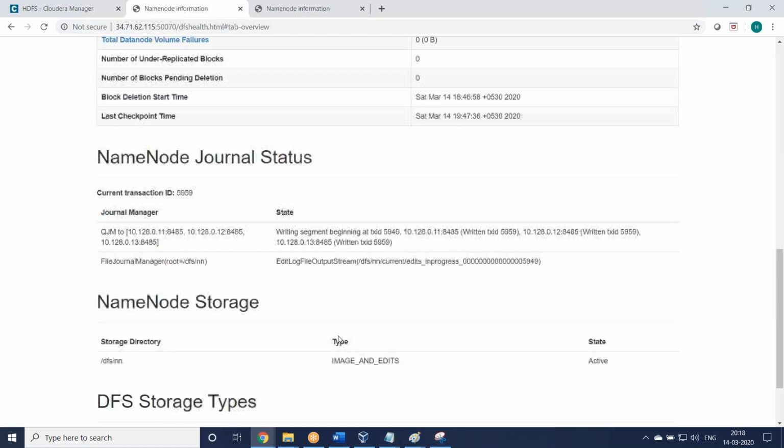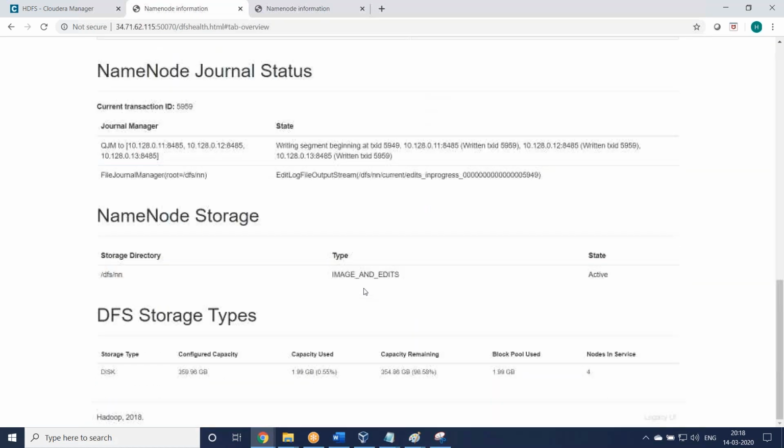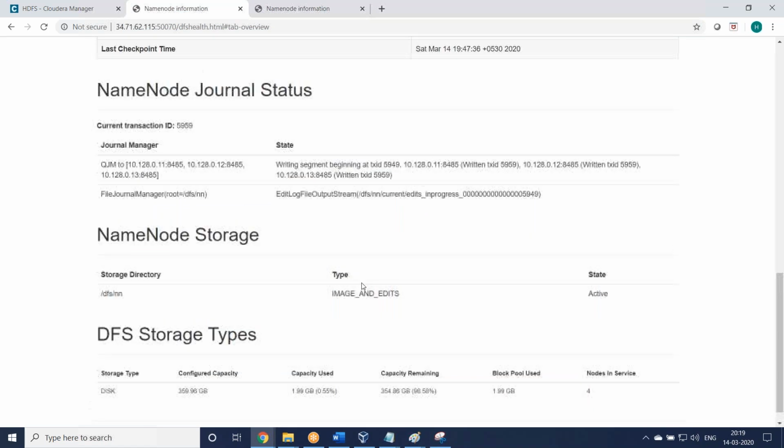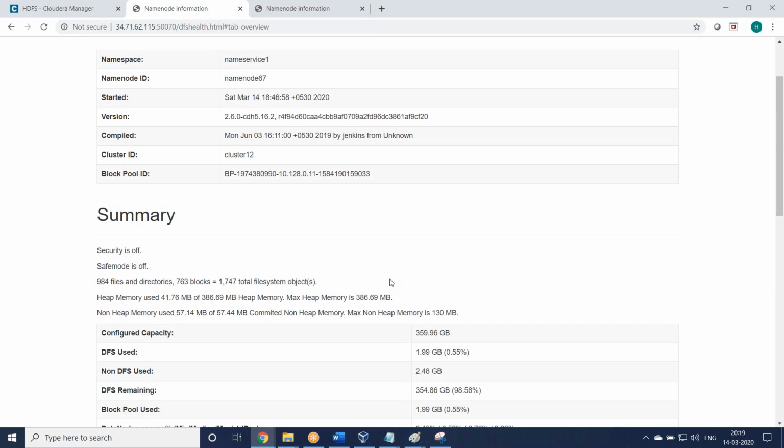Any questions? Any other question? Any doubts? Moreover, you should concentrate on Cloudera and Hortonworks. Both are similar, but not this familiar.